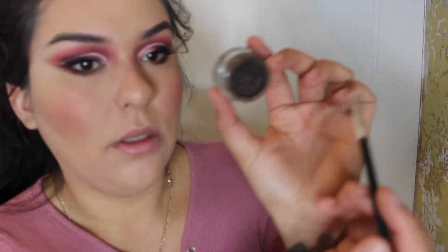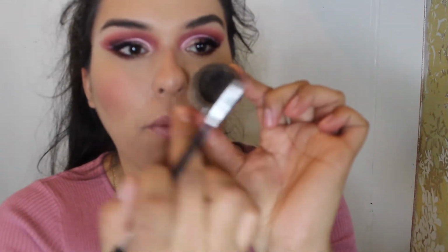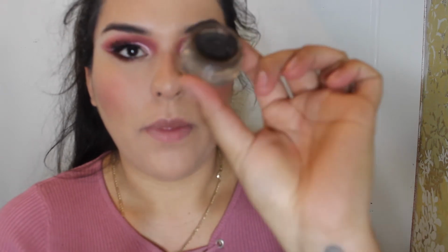Let's just jump right in. So what I like to do is, you can see all my product around the rim of the pot. I literally just like to use whatever's on the rim and brush through it. Make sure my brush has it on both sides because it gives it that sharp point. So when your brush looks very sharp, I like to go on in,